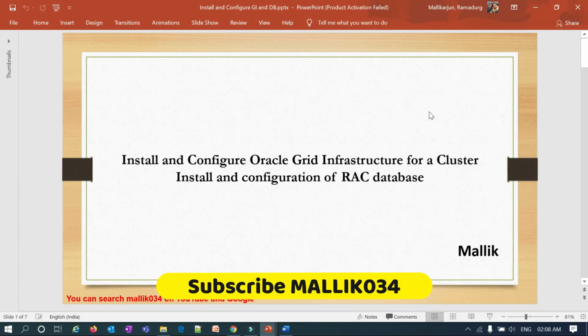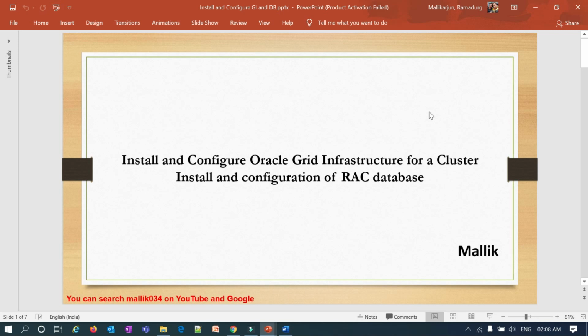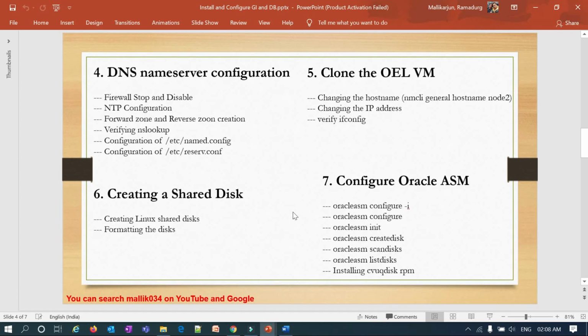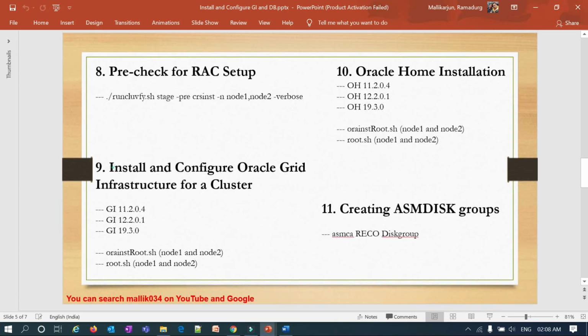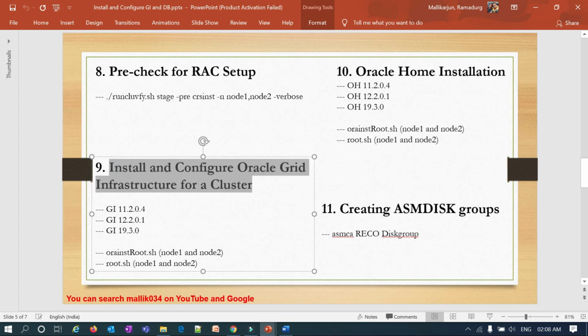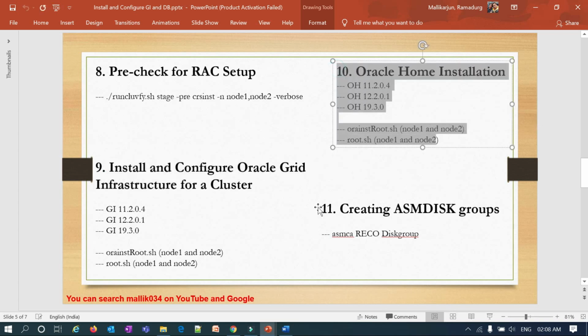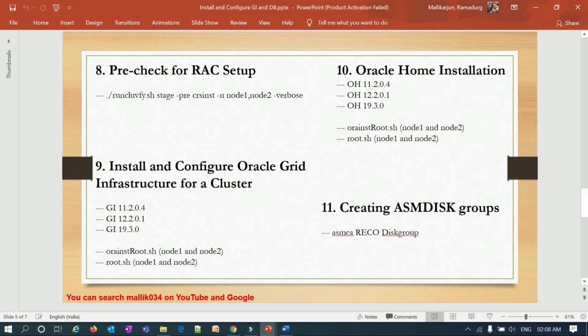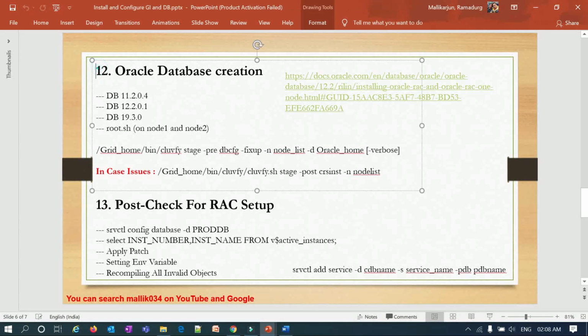This is Mallikarjun. In our previous videos, we have seen a couple of topics on grid infrastructure installation and configuration, and we have already created our grid infrastructure clusterware setup, and also we installed RAC database binaries, and we created the data disk group and the recovery disk group. So in today's session, we'll start with our RAC database installation and configuration. That is 12.2.0.1. First of all, we do the runcluvfy dbconfig check, and then we'll start with the